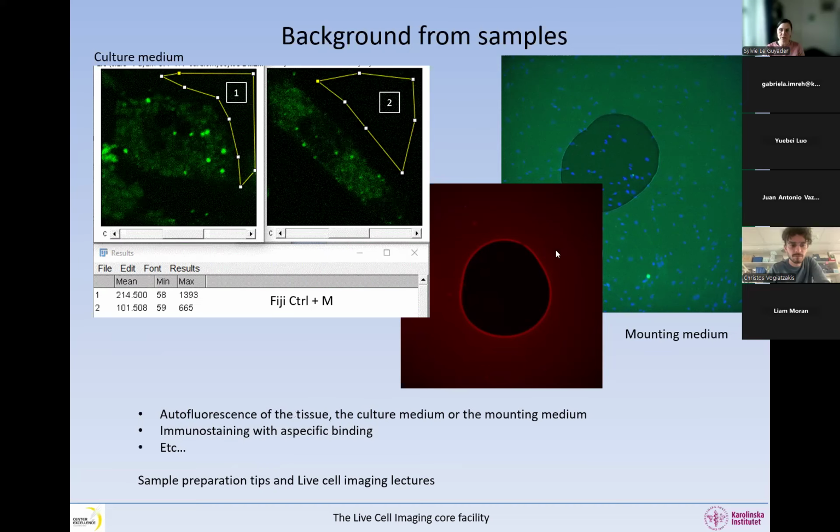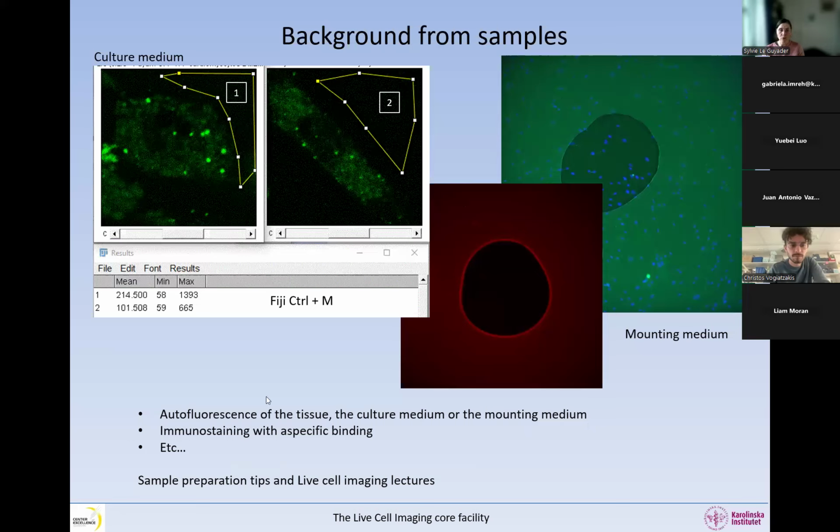But if you have cells, you need to do this type of control to make sure. So check this once every few months, let's say, to see how the mounting medium is doing. And if it's like this, just throw it away and buy a new one. So autofluorescence in the tissue, in the culture medium or in the mounting medium are the type of backgrounds that